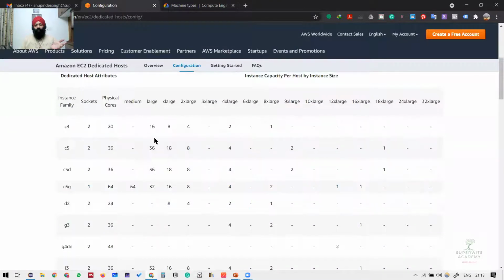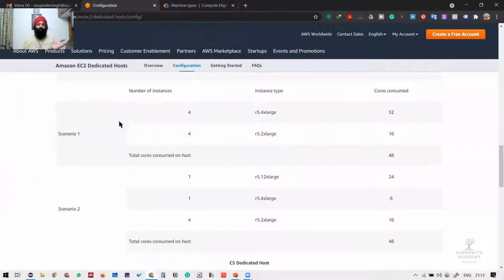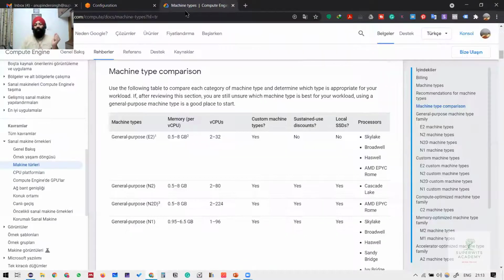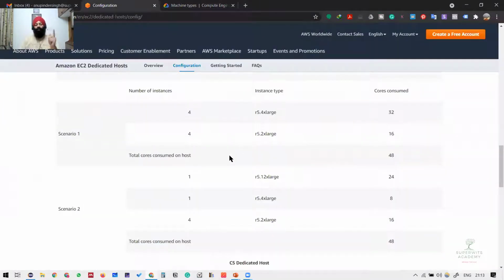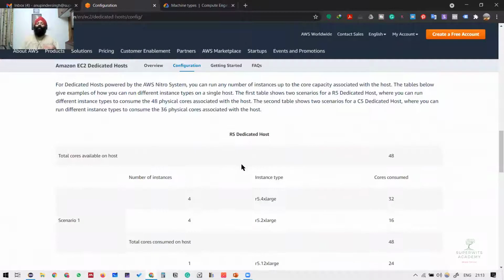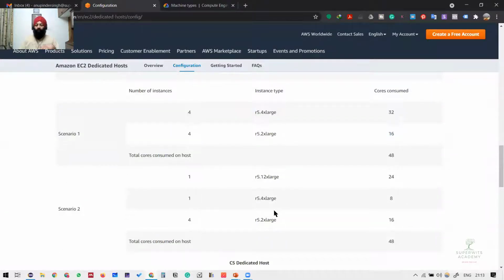So here also we have a similar kind of thing, and they have defined large, extra large, medium, and so on, right? And if we go further, they define what sort of instances you can define and what sort of cores will be consumed. So every individual service, I'll be very specific here, every individual service that is provided through Amazon or Google is basically virtualized. But when we say the dedicated host, in that particular case you are going to subscribe to certain specific types of instances which are going to have dedicated hardware. When I say dedicated, that means the complete hardware set which is available to you will be allocated for your application or for your virtual instance only, right?